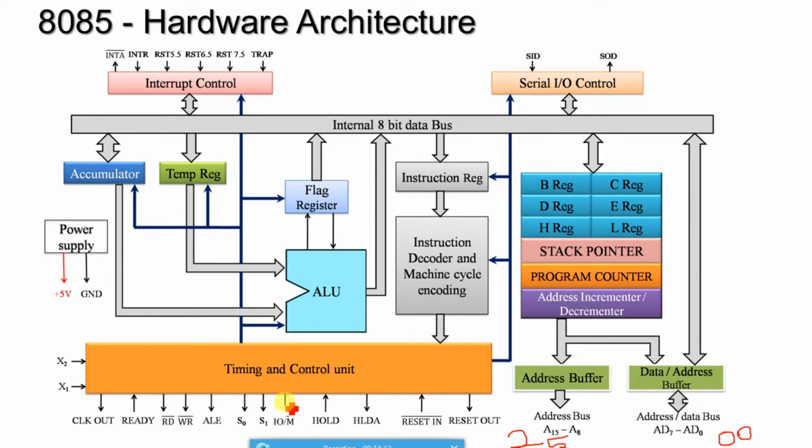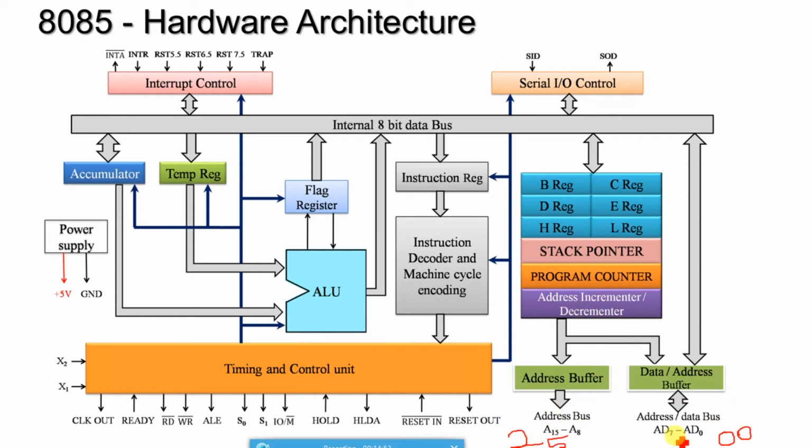The data travels through this path to the internal data bus, and immediately reaches the instruction register and instruction decoder, which will intimate the ALU that we need to perform an addition operation. The ALU is ready for addition and is expecting the data for the other operands. Then the address incrementer and decrementer increments the address to 2501, the next address. At 2501 we have one operand, 05.